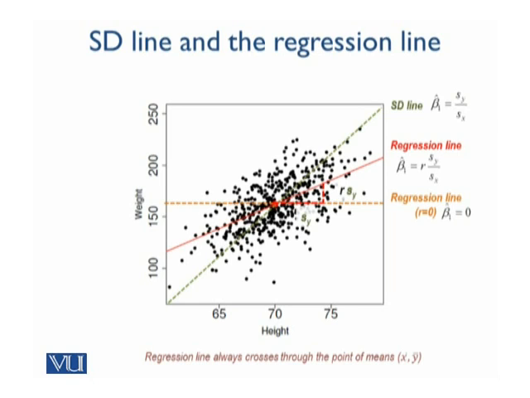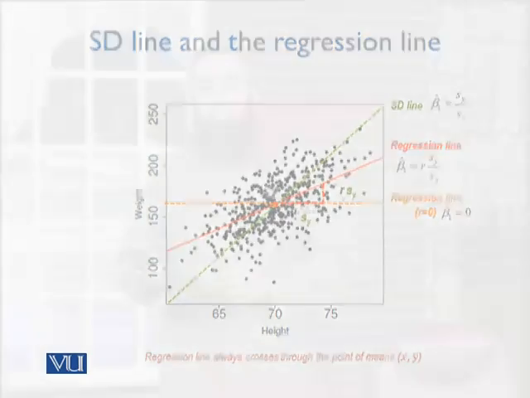Furthermore, if you have a correlation of 0, the y-axis component of the line would actually reduce to 0, because we mentioned that the slope is r sy over sx. If your r is 0, then you have a horizontal line. A horizontal line is not very helpful because you cannot make any predictions from it. For all values of x, you have the same y value. That tells us that regression is only useful when you have a high correlation. If you have a correlation of 0, you cannot predict the dependent variable from the independent variable.